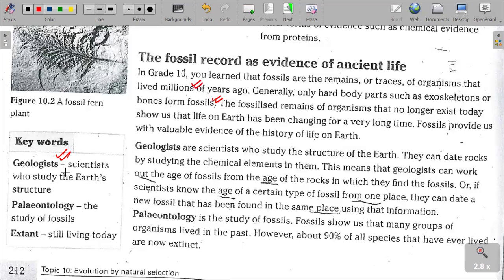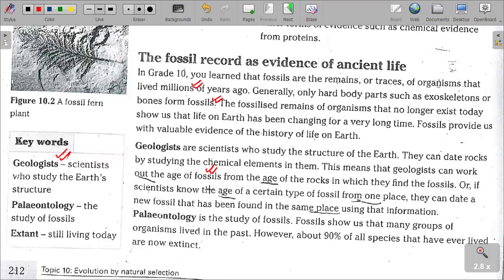So we are saying geologists can date rocks by studying the chemical elements in them. The rocks can be dated by studying the chemical elements in them. This means that geologists can work out the ages of fossils. So in regard to this concept of fossil evidence, it is brought to light by the influence of geologists who can date